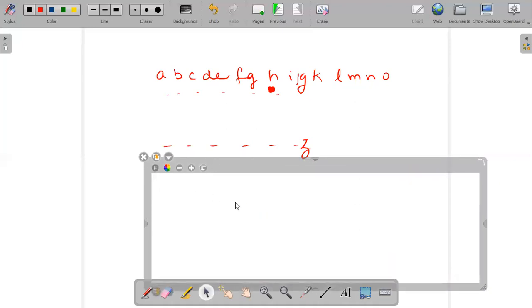Let me increase the font. A, B, C, D, E, F, G, H, I, J, K, L, M, N, O, P. Suppose my cursor is at H. I can delete here, I can add here, I can add G here.